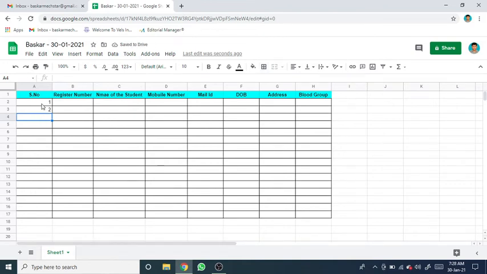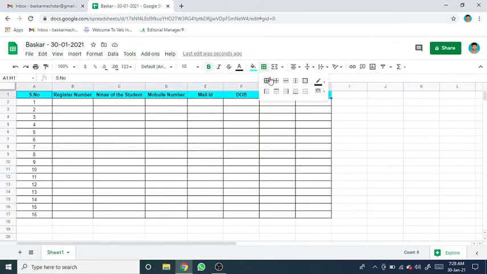First two rows you need to type, then choose both rows, then at the right side one box is there, just drag it. So it will automatically align the numbers. At the same time you need to align the numbers in center, means just select it and go to horizontal align, then click center.